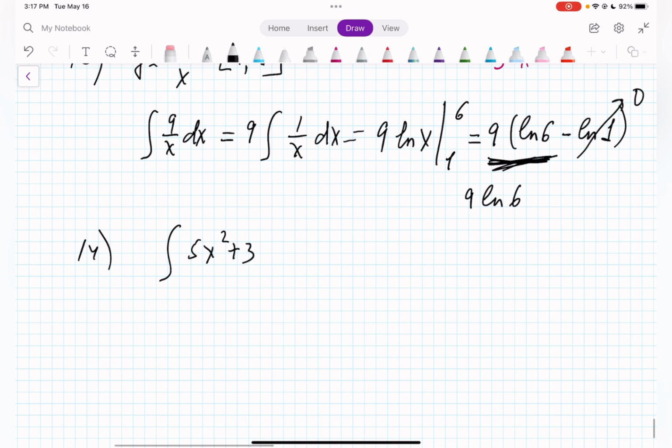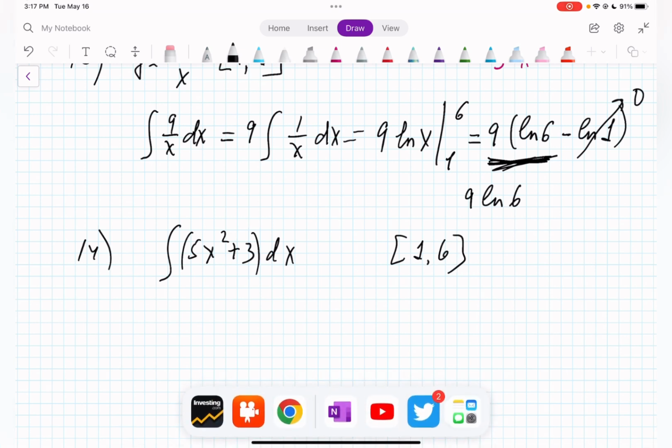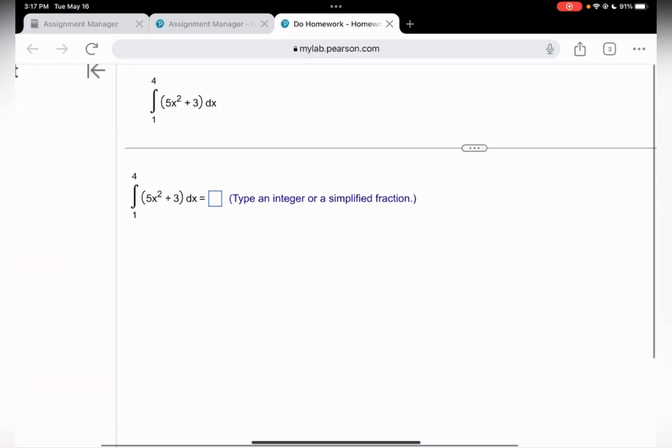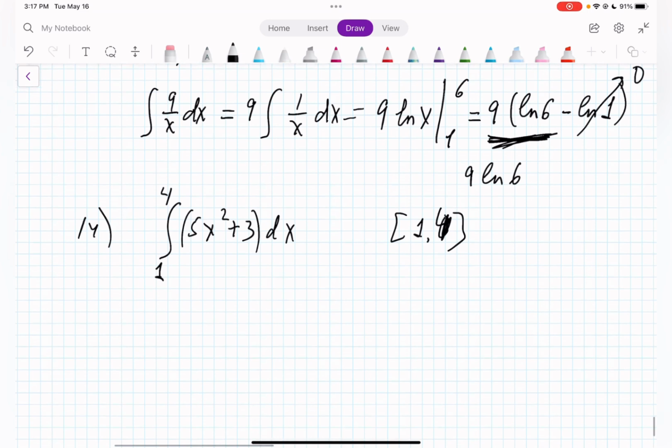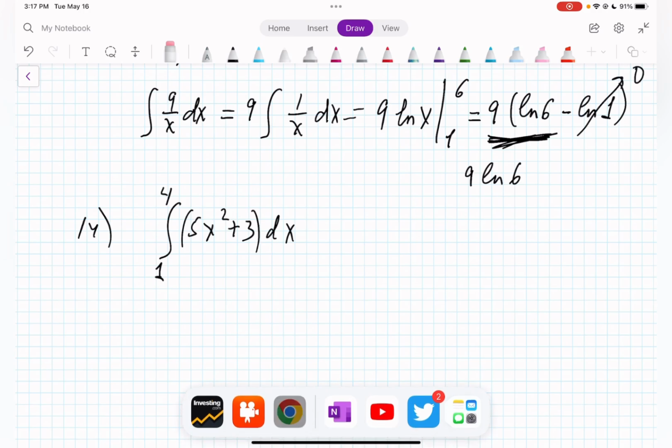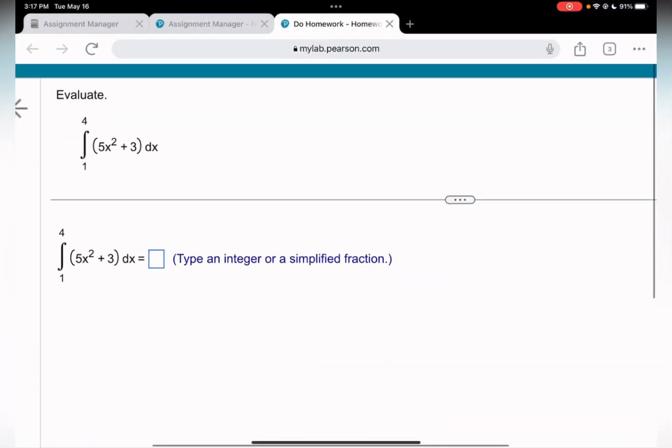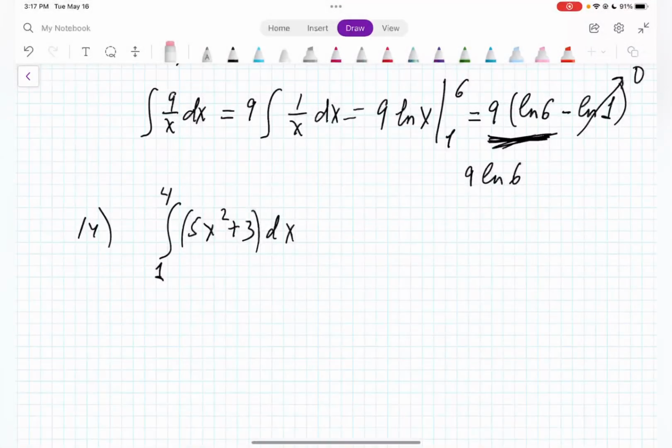5x squared plus 3 dx. Instead of writing down between 1 and 6, it was 1 and 6, 1 and 4, okay. Instead of 1 and 4, we are writing right here. That's exactly the same thing. So the same way, we are going to find 5x squared plus 3. One second, let me double check. Yeah, because I have a habit of making some silly mistakes. Instead of 3, put 2. Not attentive. So this is going to be equal